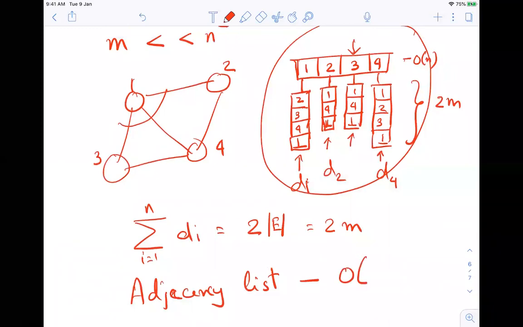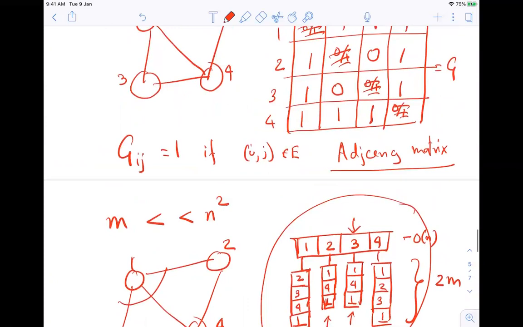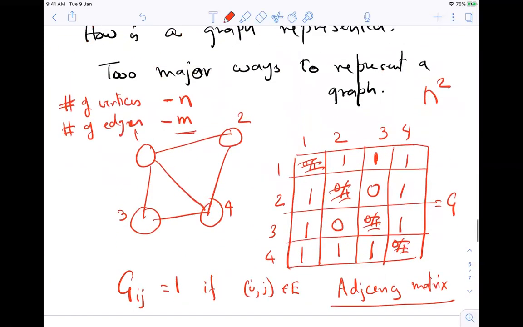This one has size order m plus n. So this is possibly the most compact way of representing a graph, order m plus n versus order n square.